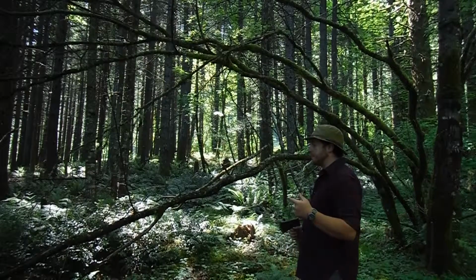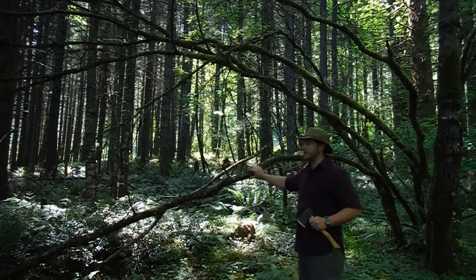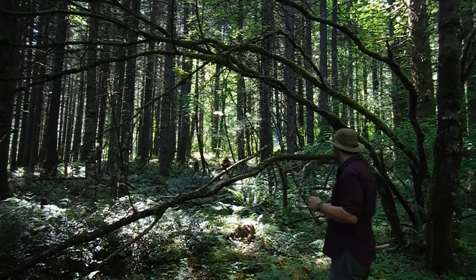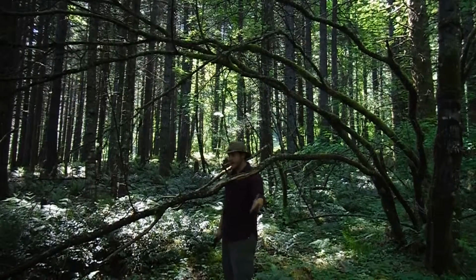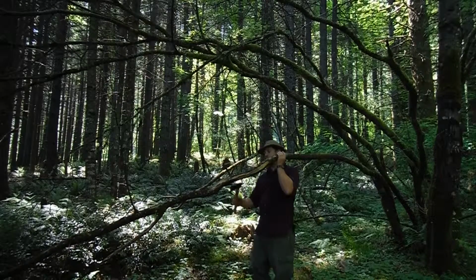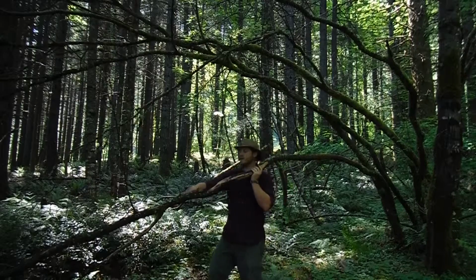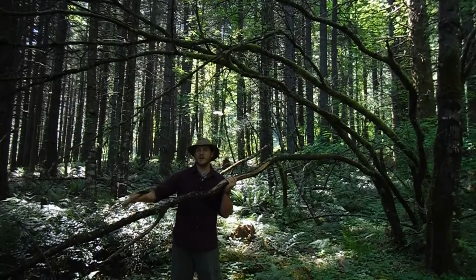When you're processing, say you do get a tree felled, we're going to pretend this is a fallen tree, a small one. This is about all the bigger I have any need of cutting down when I'm out in the woods, if I'm not actually working as a woods person. What I like to do is pick the tree back up off the ground, kind of like this one already is, when I'm limbing it, and then I work in front of myself, like this, and I just have my tool sliding along the wood and out in front of me in a straight line,